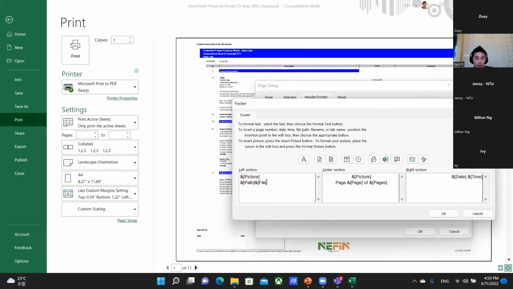Custom footer. If you include the path name and the file name, then it prints out the file path here. If you put the date and time, then it prints out the date and time here. You can also insert a picture, right? So if you insert a picture,